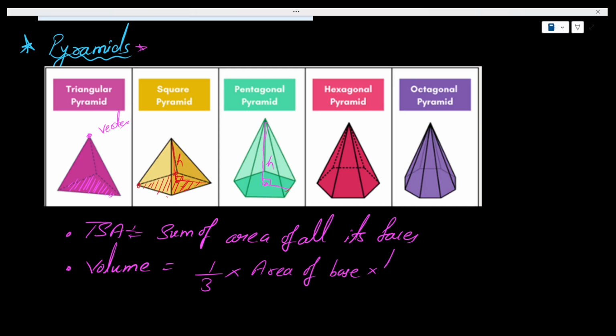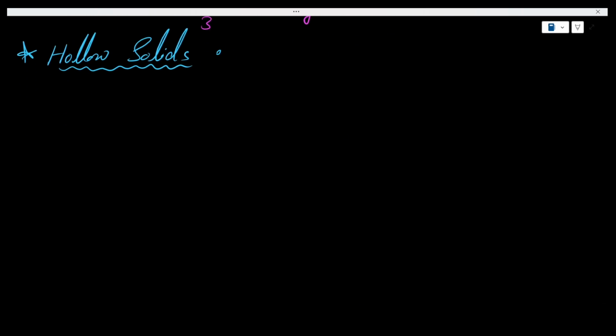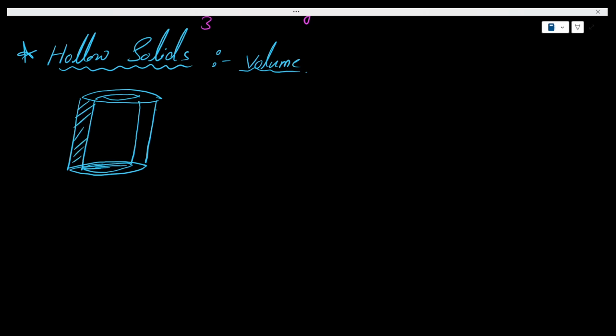Area of base times height. Now, other than that, you should know that sometimes you get hollow solids, and in most cases you have to calculate the volume. There can be surface area questions also, but most of the time you get volume-based questions. Which kind of question do you get here? If I have a cylinder with some thickness, or a cylindrical pipe of some thickness, you can see this is called the thickness of the cylinder. Now, if I need to find out how much metal or plastic is used to make this,